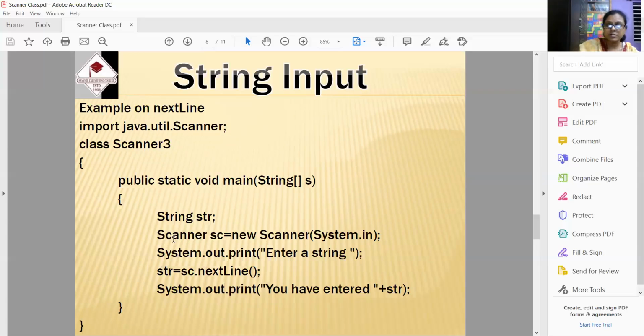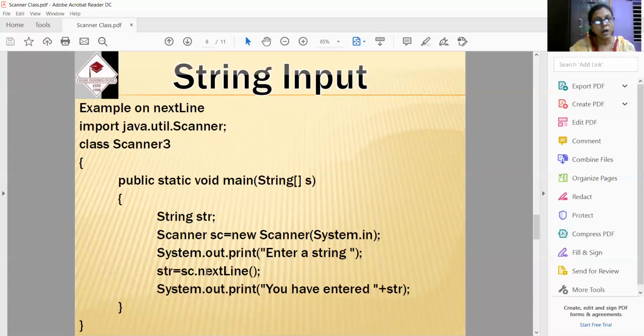And there should be another Scanner object created, one used for string type and one for integer type. In our previous example we created one object used for different variables, but here we have to create two Scanner objects.